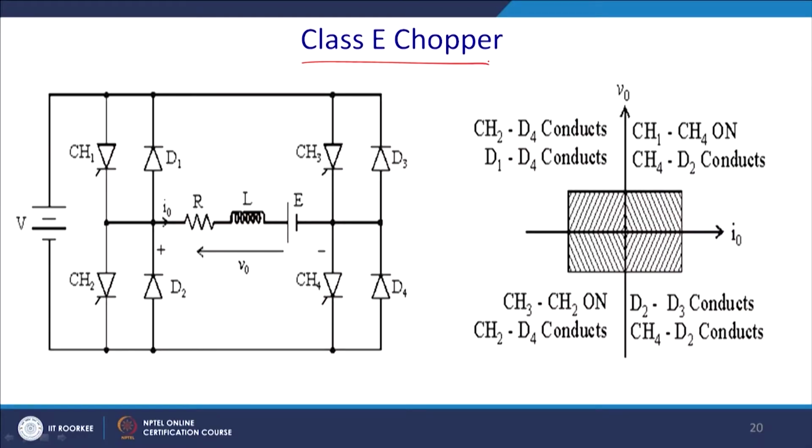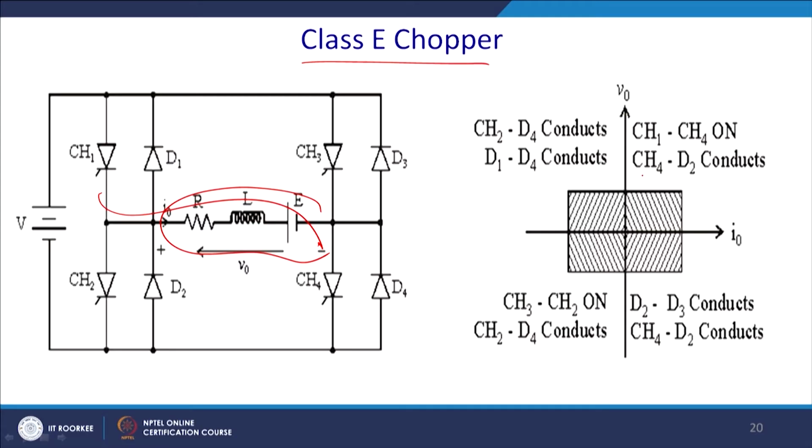Today we shall discuss the remaining part of the chopper, thereafter we shall switch over to the isolated DC to DC converter. So, let us come to the point where we left, that is basically the class E chopper. All the modes of operation are possible for it. So, in the first quadrant mostly CH1 and CH2 are on, while the current is flowing in this direction, and